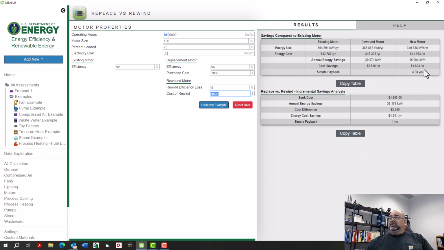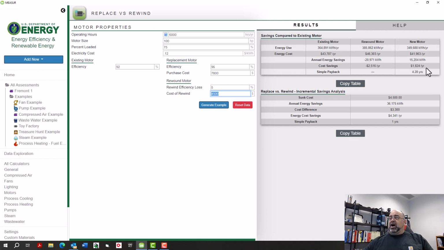So the total thing, it says simple payback of 4.28 years. Son of a gun. If I go with the new motor, it's going to take me 4 1/3 years to get paid back. But what is it really? And that's one of our future ones. So 4.28 years may be perfectly fine. You may want to go with the new motor because what is